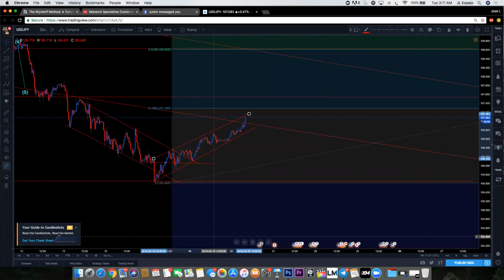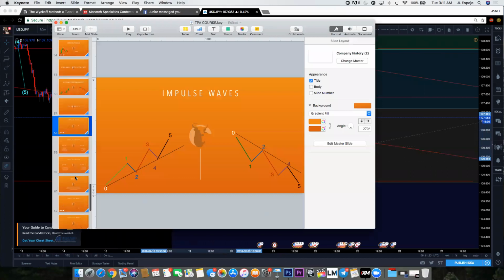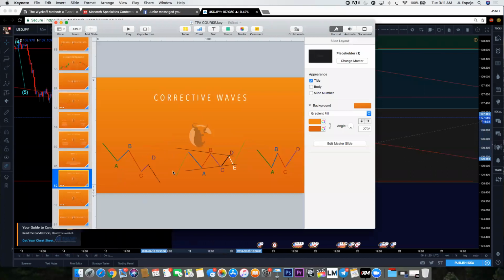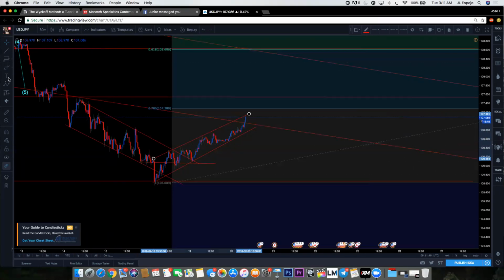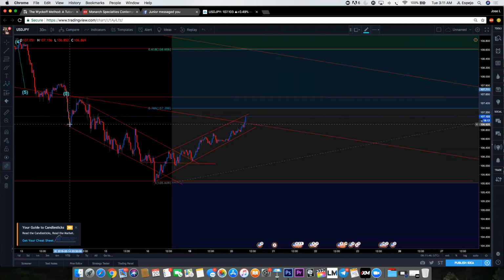So in this case, that's where we start looking for what's called the corrective waves. And if you notice here, there's different ways to detect the corrective waves. It can be on a flat surface, like I told you guys. It can be on a triangle. It can be on a wedge, or it can be on a zigzag, like we were originally looking for. So in this case, if we were looking for the market to develop itself,